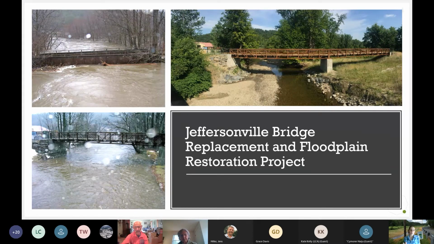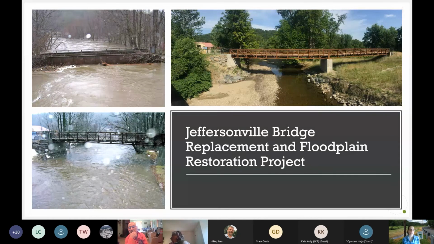Now I want to share with you a couple different projects that we've completed to give you an idea of when I'm talking about projects, what am I talking about? And these are specifically related to river corridor protection. The first one that we're looking at is in Jeffersonville, Vermont, in the town of Cambridge. And this is a bridge replacement and floodplain restoration project. And this included a collaboration with many partners for funding, and additional projects were identified as this project was happening. And Staci will show you additional information about Jeffersonville during her presentation.